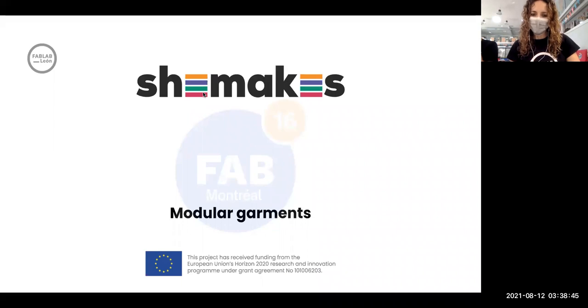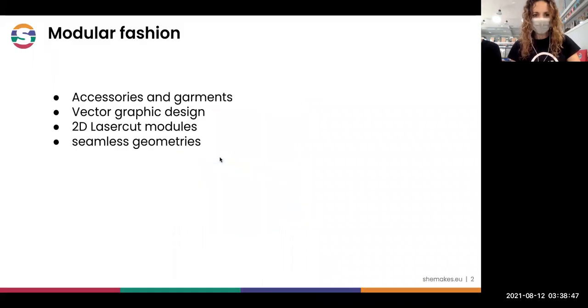So the thing we have to explain in this project is that CMakes wants to bridge the gap, the gender gap in the textile world.